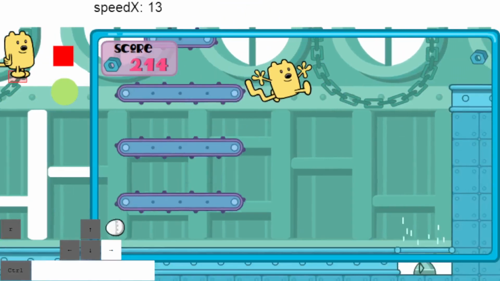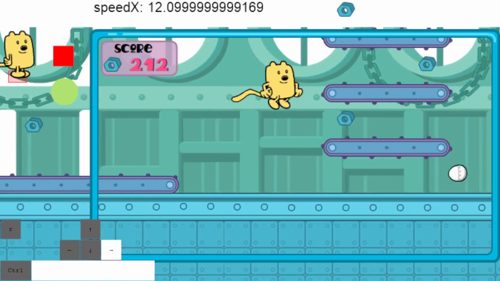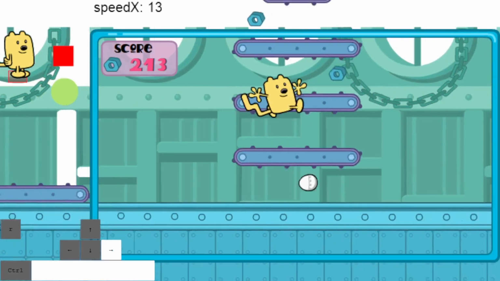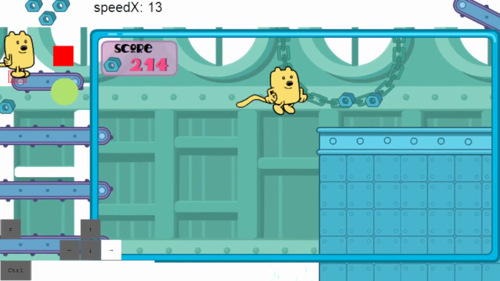This is possibly faster than the next fan skip I'm about to show you, but it depends on how slow the turnaround is and how much speed you get from the 3 jumps on the first conveyor. For regular fan skip, do the same first 2 conveyors as the first 2 clips I showed you earlier, but when you land on the bottom conveyor, you have to do a second frame jump on the far left side of the bottom conveyor,